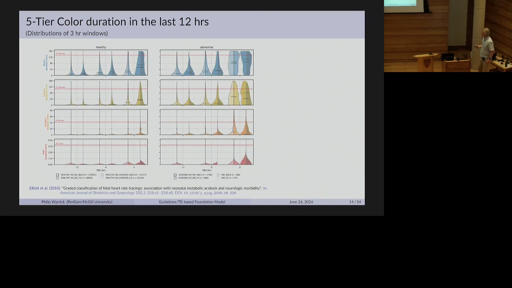Well, in an earlier paper that Colm Elliott and Emily Hamilton and I wrote many years ago now, we chose some clinically reasonable thresholds, and I put them here: 150 minutes of blue in the last 3 hours, 120 minutes of yellow in the last 3 hours, 42 minutes of orange, and you see where these cuts are. They're cutting off in the orange,